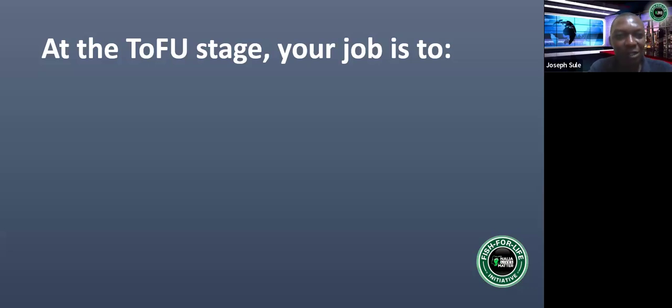Lead magnets are another thing you do at the TOFU stage. Lead magnets are things that you give out for free. It could be a book. It could be a video promo. It could still be webinars, free webinars. You can run free webinars. Even free courses can be lead magnets. That is, you offer people something for free. They collect it. And then you link it up to something that they need to pay for. So that thing that you are giving them for free is what we refer to as a lead magnet.